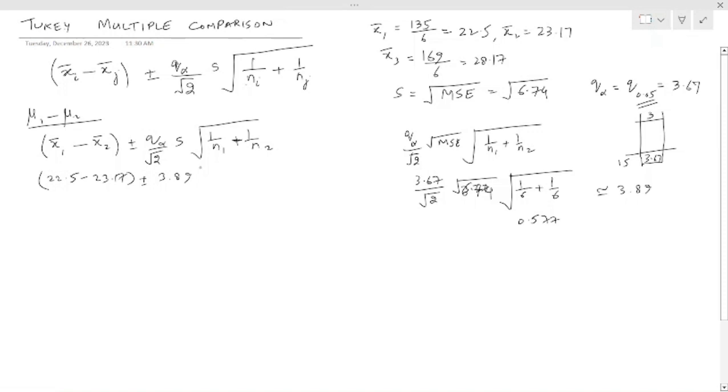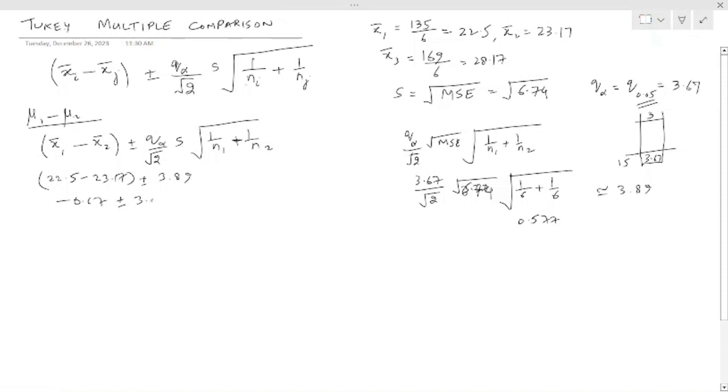So 22.5 minus 23.17 is minus 0.67. That's minus 0.67